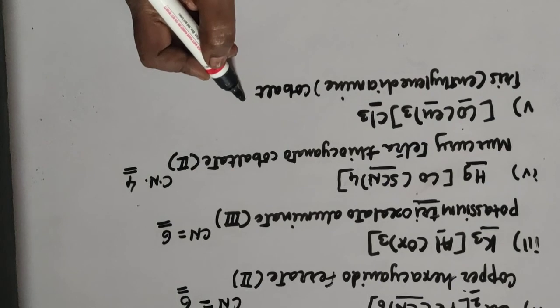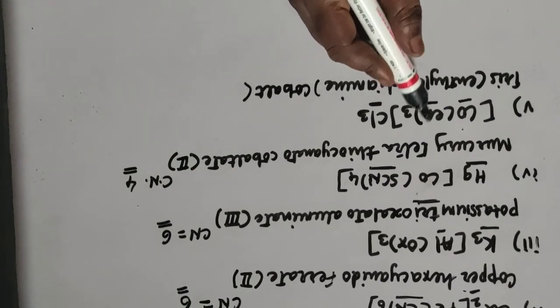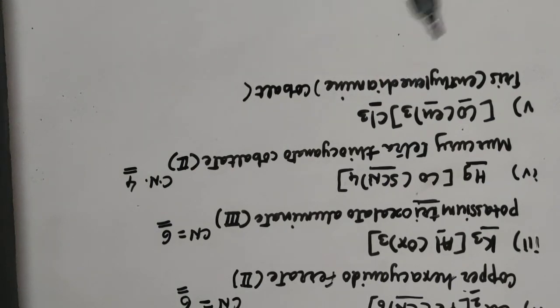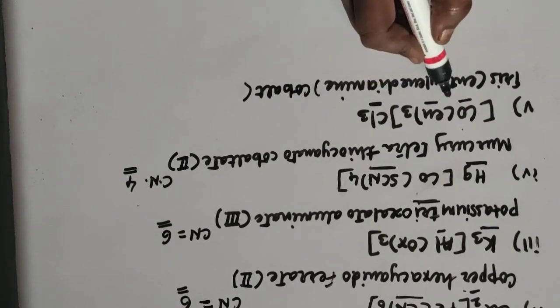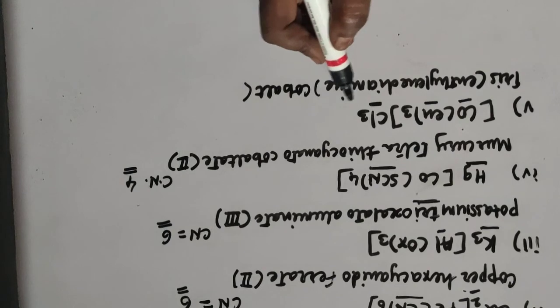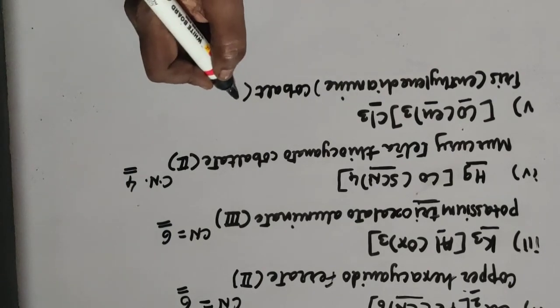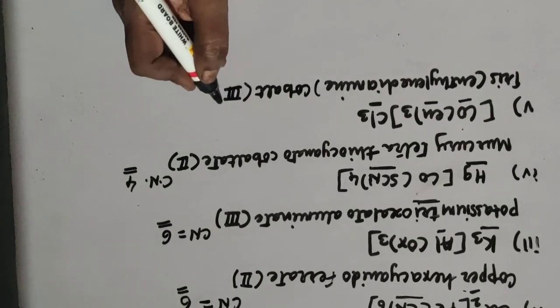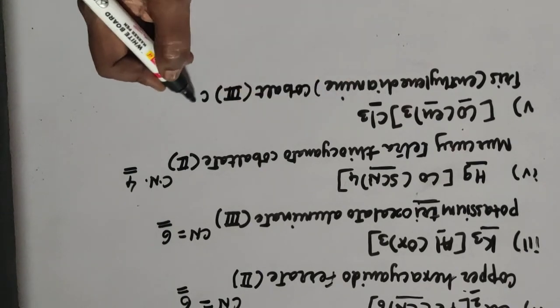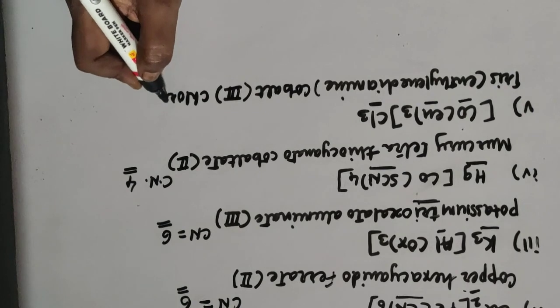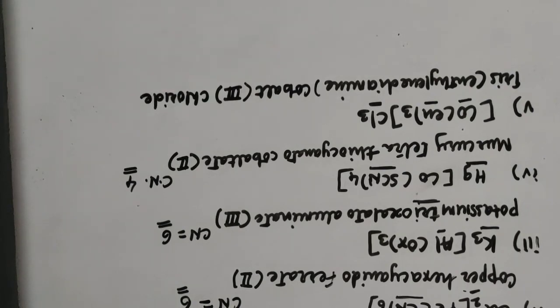What about the oxidation state now? 3 en ethylene diamines are there, and this is neutral, so 0 charge is there, so x plus 0 minus 3 is equal to 0, and hence on cobalt there is a +3 charge, and the counter ion is chloride. So at the end comes the name of the counter ion, chloride. So the overall name is tris(ethylenediamine)cobalt(III) chloride.